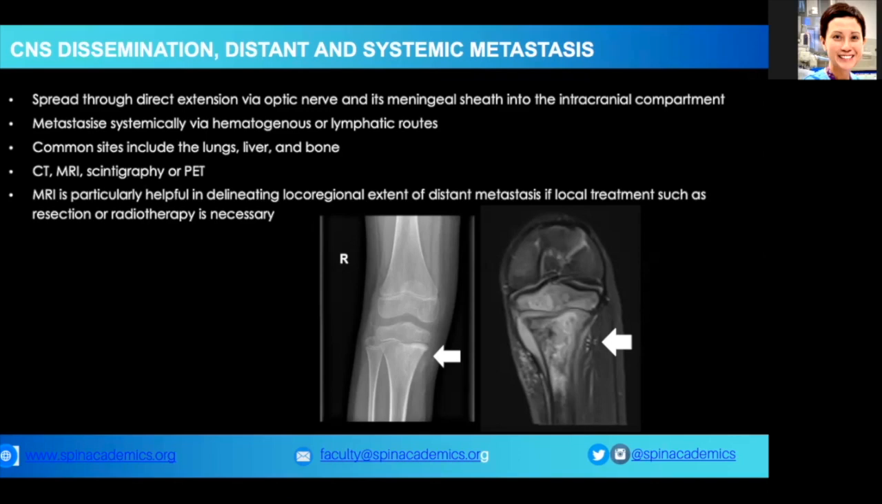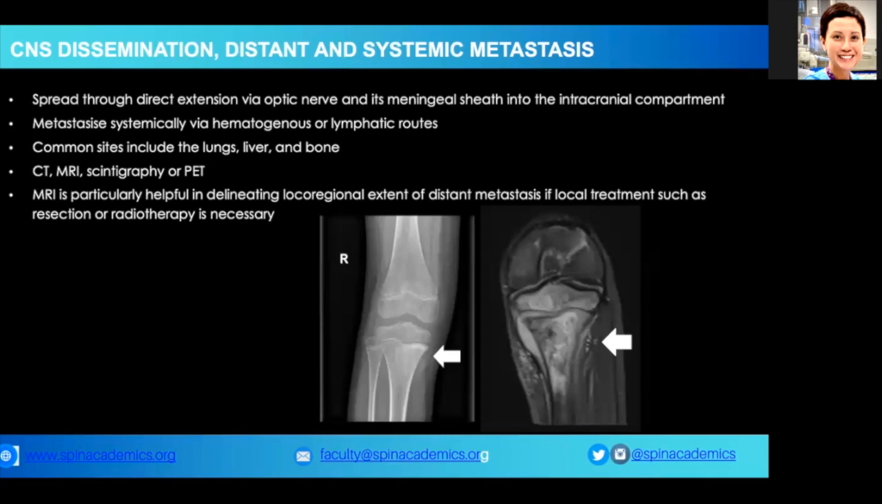Whole body imaging, including CT, MR, or PET, is helpful in evaluation of metastasis in patients with such suspicion. MRI is particularly helpful in delineating the local regional extent of distant metastasis if local treatment such as resection or radiotherapy is necessary. This is a 10-year-old boy with surgical enucleation done for bilateral retinoblastoma when he was 2 years